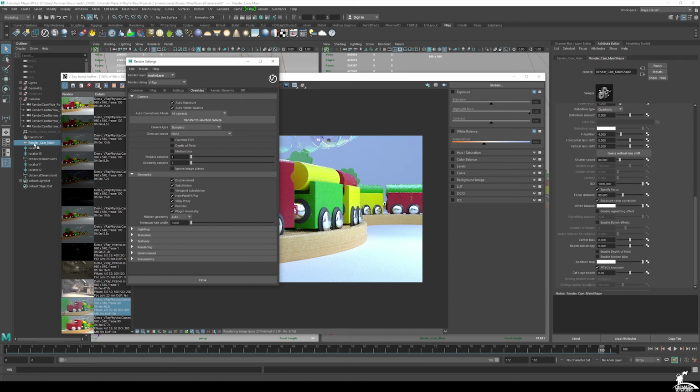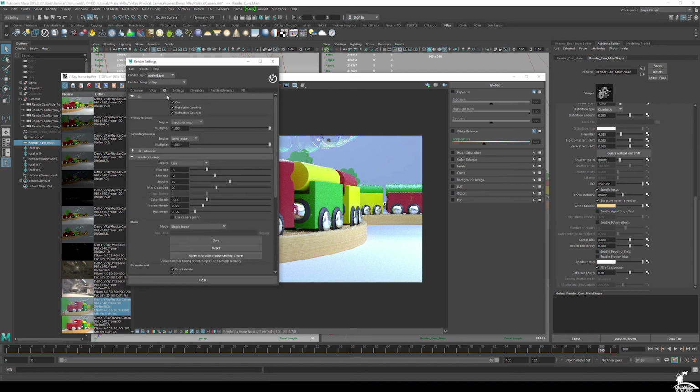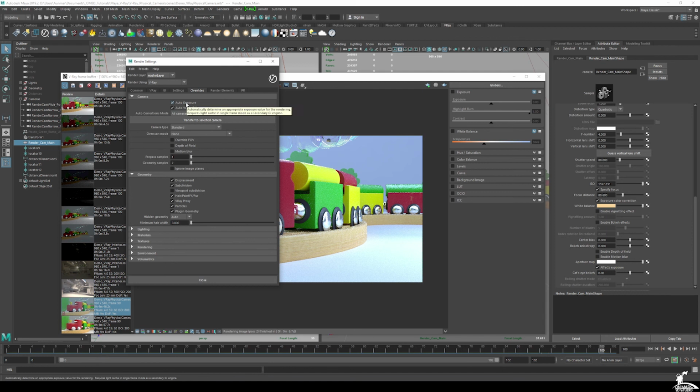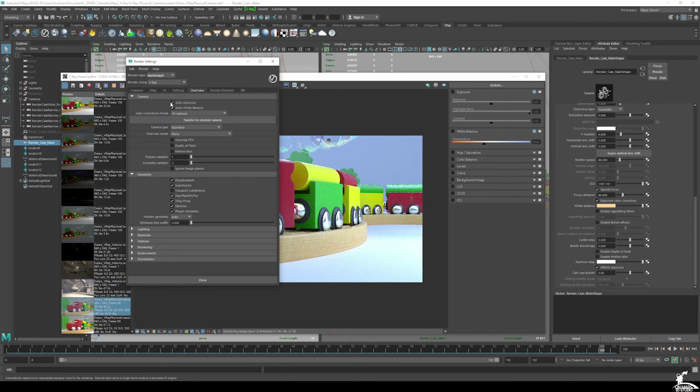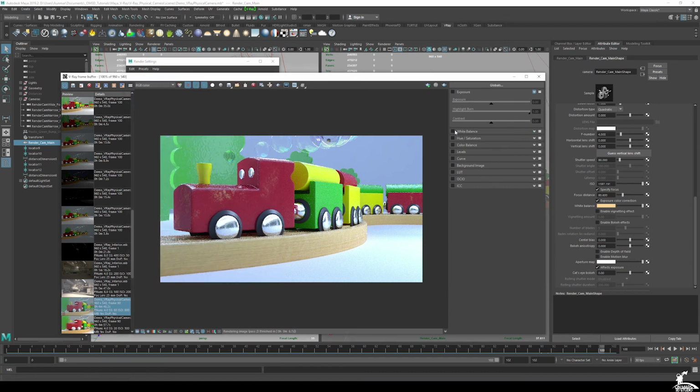So if I go transfer selected with the camera selected, you have to do a render first and then transfer selected to camera. You can see that it actually really brought in some coolness there and tried to adjust the white balance automatically. Okay. Keep in mind you do need light cache with this. Nope, you just need light cache as the GI. Okay, so just make sure you have light cache in order to get this override to work. So if you're using brute force or something, that's why you're not seeing that there. All right, and of course you can adjust it if you wanted to make it even more